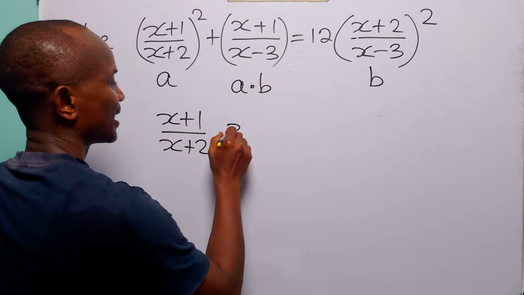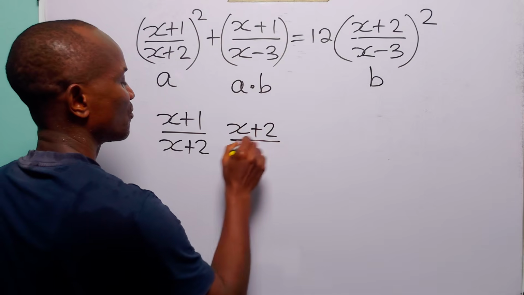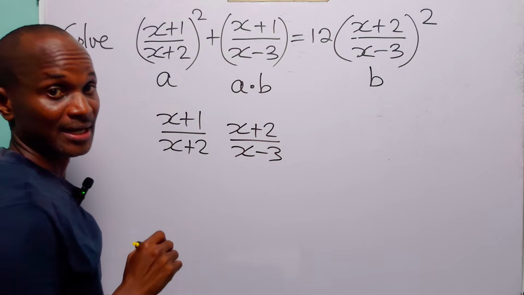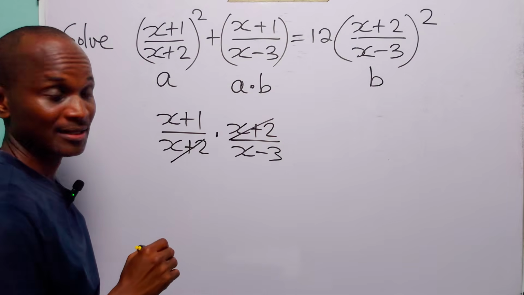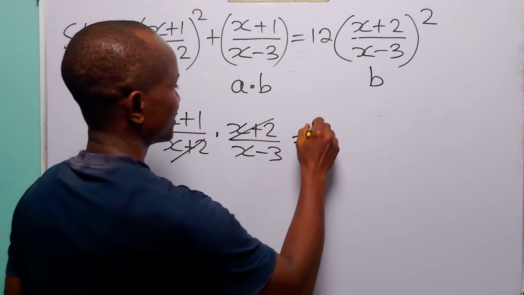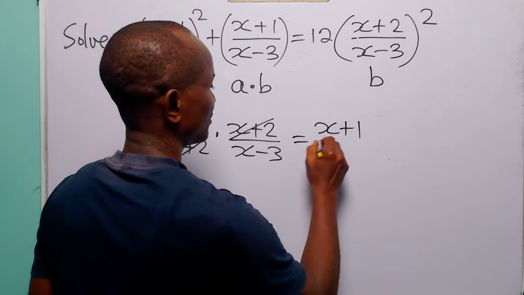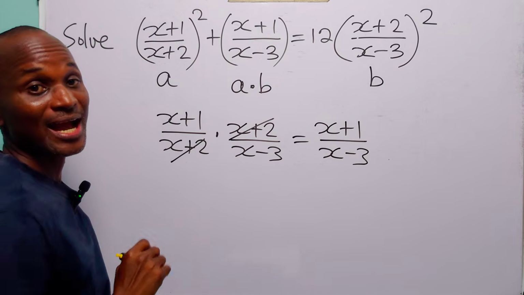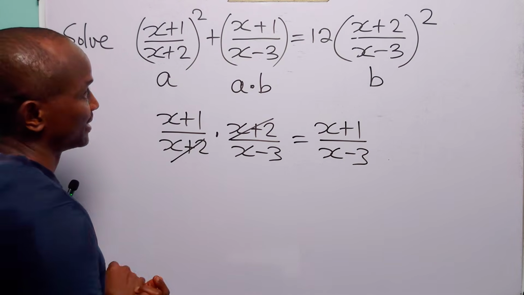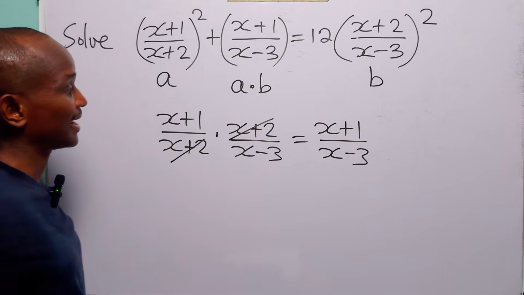And here we have x plus 2 over x minus 3. And if we multiply these two, then this is going to divide that, leaving us with x plus 1 over x minus 3, which is exactly what we have inside this bracket. Now, with this in mind,